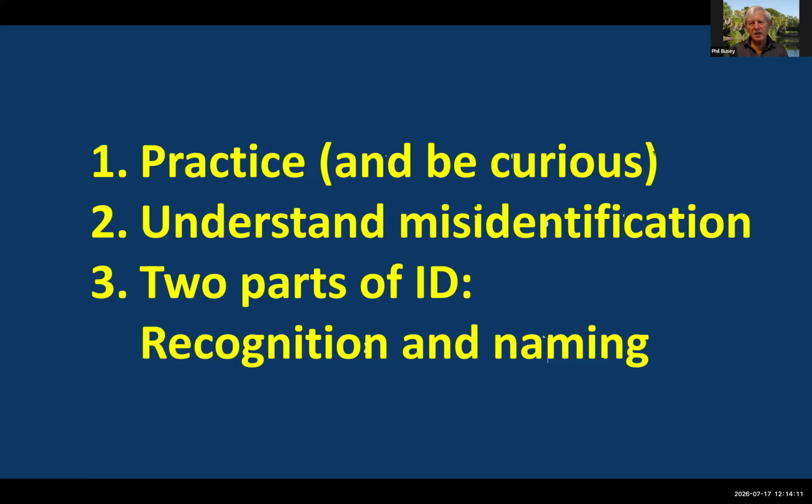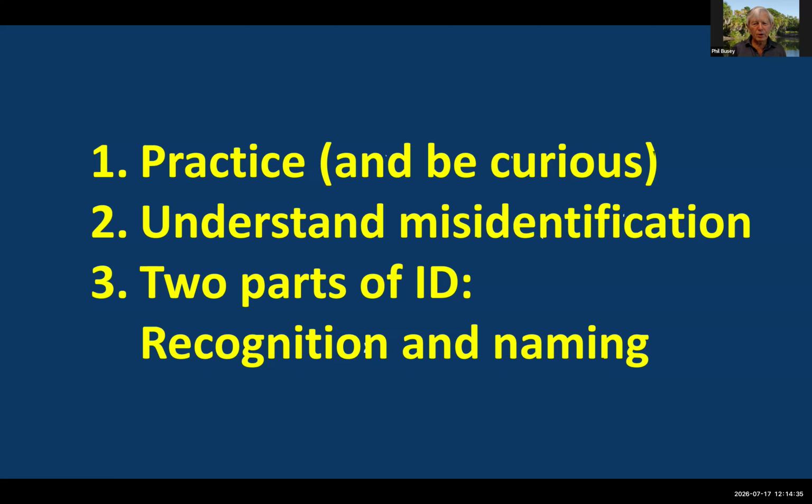It's very important to understand misidentification because we often try to rush to get the right answer to something, and oftentimes it's the wrong answer. There are really two parts of identification: recognition and naming. I won't be talking too much about how to get the name for a plant because recognizing is usually the